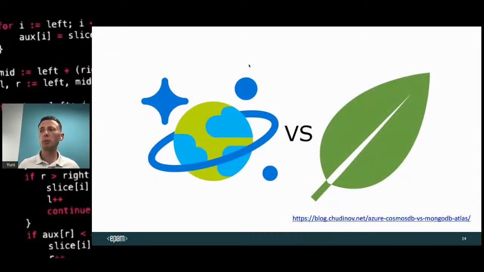Also, I have some experience with MongoDB, and thought it would be good to compare both solutions. We know that Azure provides a highly available database that supports everything, but there is also the MongoDB Atlas team that supports Mongo, and it can provide an out of the box Mongo solution for each cloud.